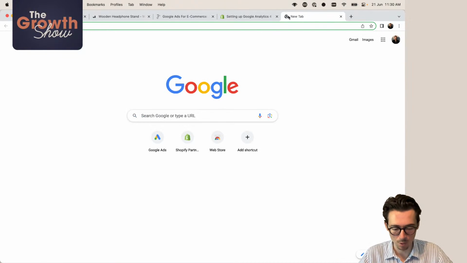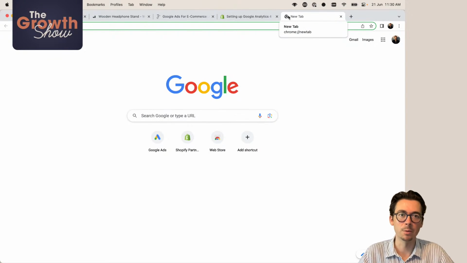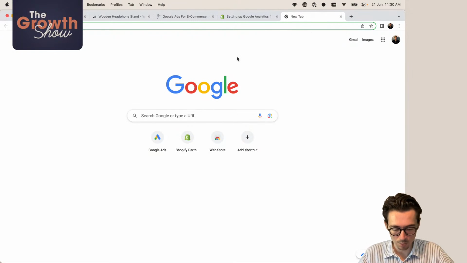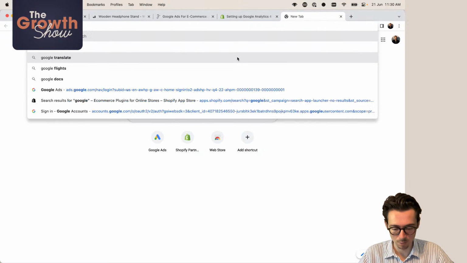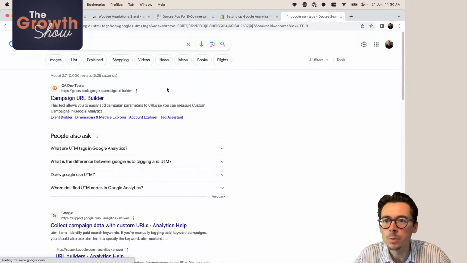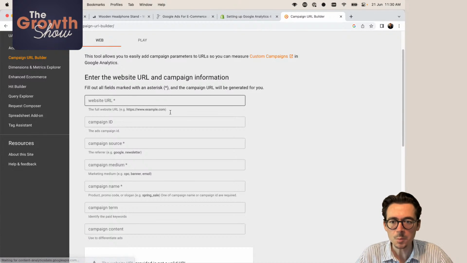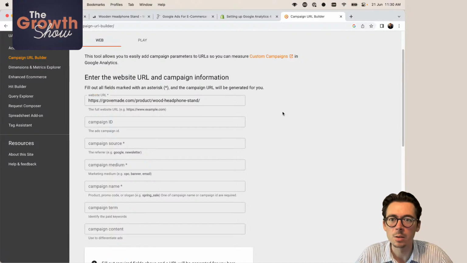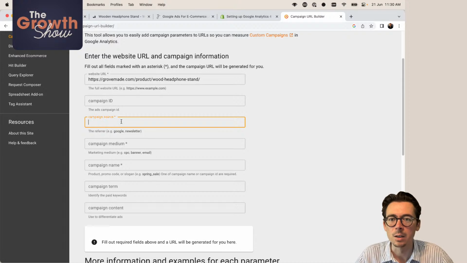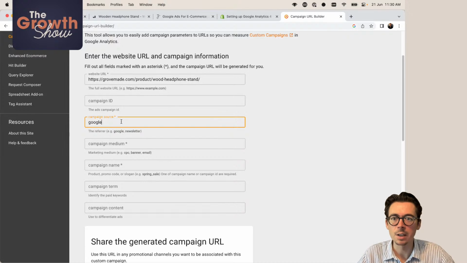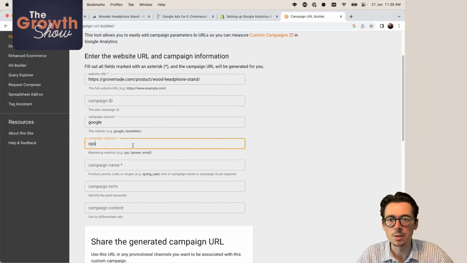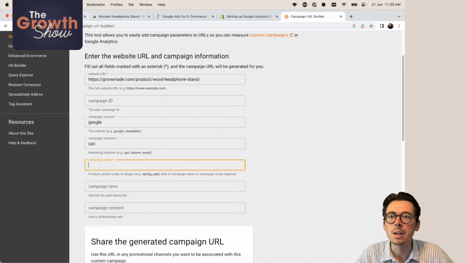Now, if you want to know how UTM tags work, or you never have heard of them before, just search Google UTM tags, and then we should find this page about GA DevTools. And this is a tool that you can use to create these tags. So let's take this as an example. We could say campaign source, in this case is Google, medium is CPC, campaign name,